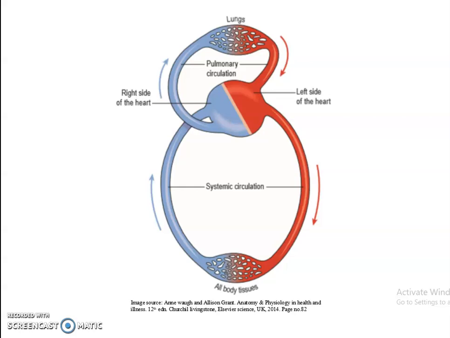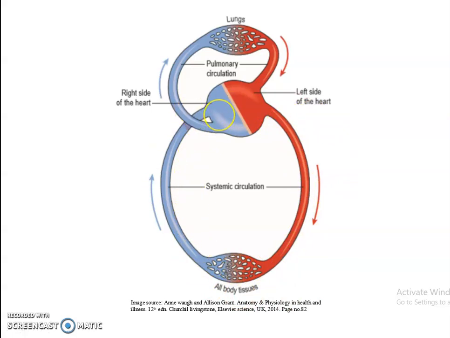In this figure, you can see the heart, and it pumps oxygenated blood throughout the body. Each and every organ and system receives the oxygenated blood, takes the oxygen as well as the nutrients, and releases carbon dioxide. So this becomes deoxygenated blood. That deoxygenated blood again reaches the heart. This circulation is called the systemic circulation.